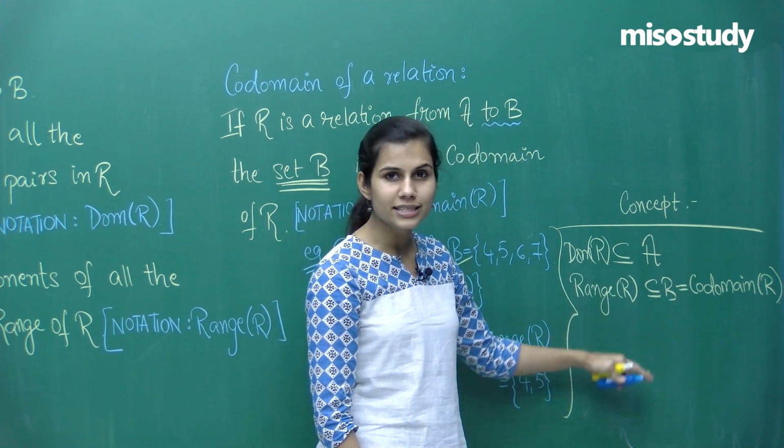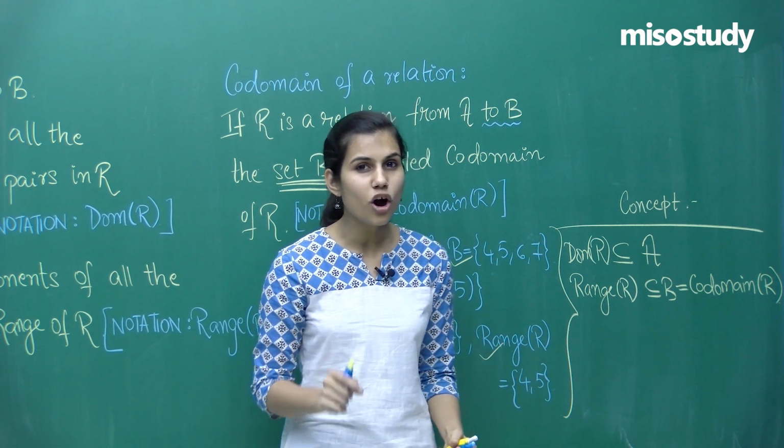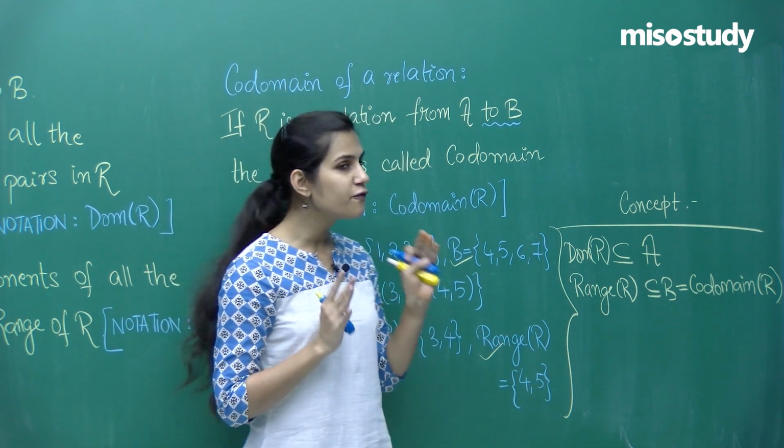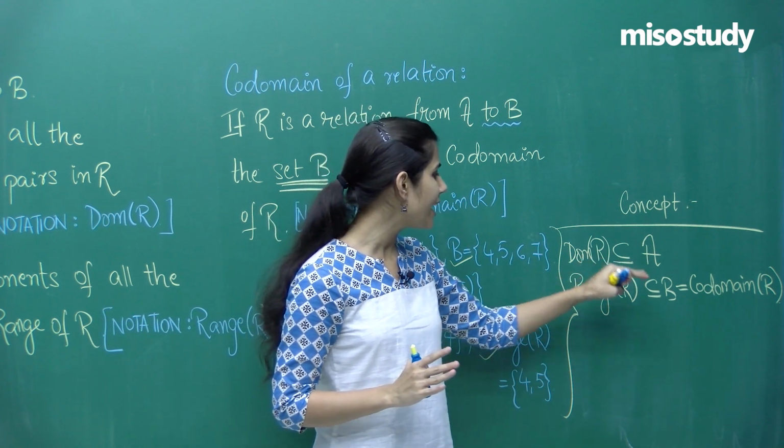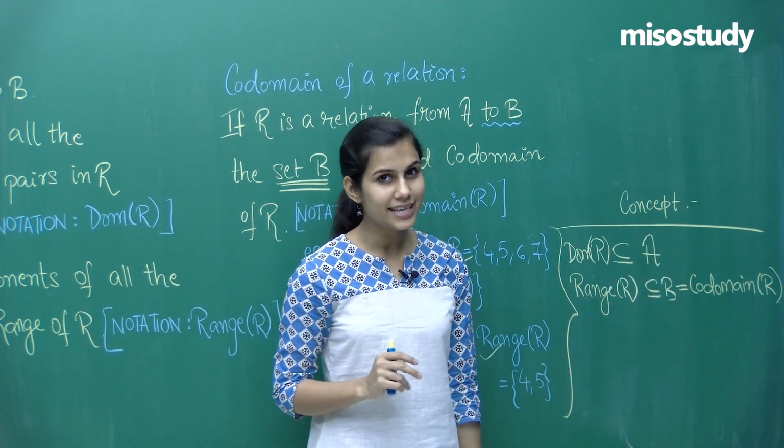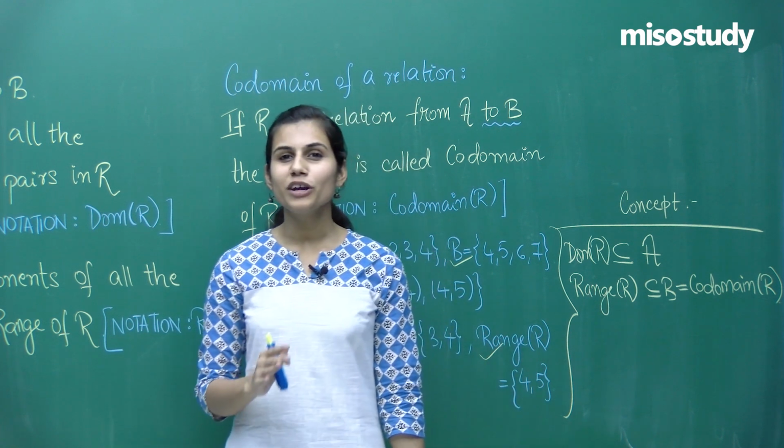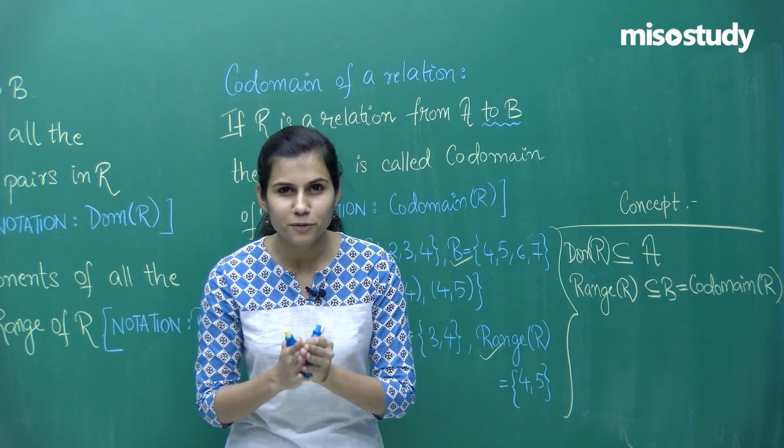Therefore, at this concept, I close the session on the relationship between the four new things: the domain, range, codomain, and my set A. Next time, another new concept will be brought before you.